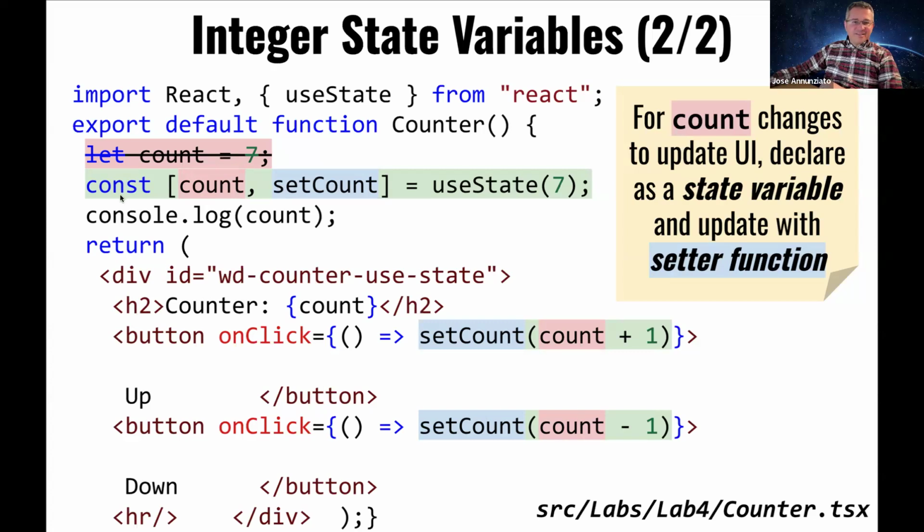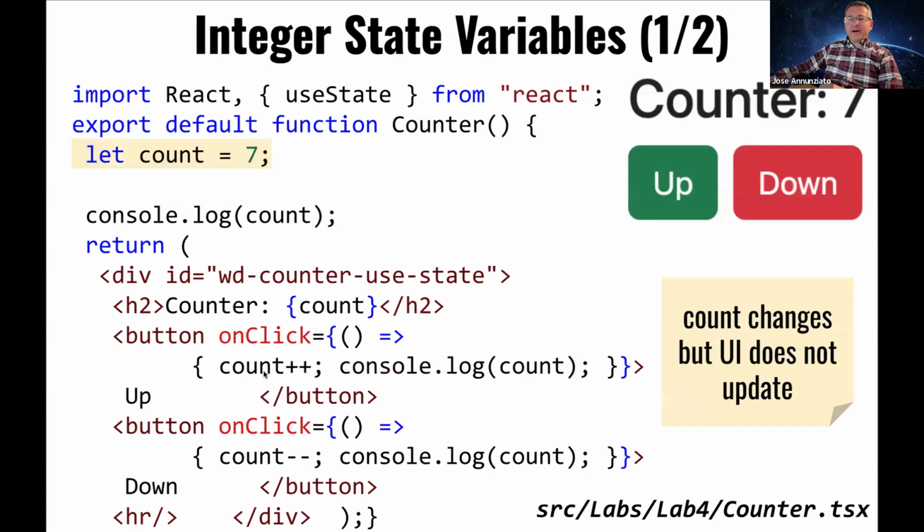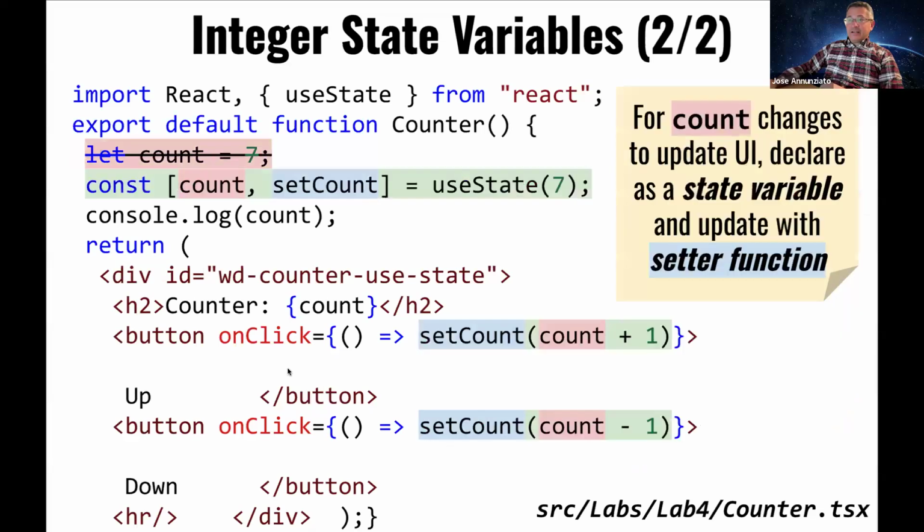And notice that it says const. It's a constant. And you might say, wait a minute, aren't we going to modify the value of count? Yes, we are going to modify the value of count, but not the way we do it here by directly manipulating the state variable, right? It is a constant. We can't do that. We can't do count plus plus because it is a constant. Instead, we're going to always use the mutator function